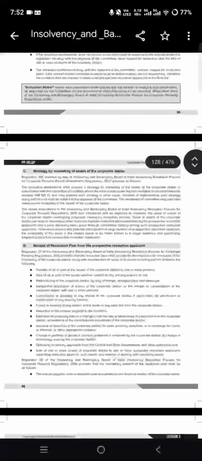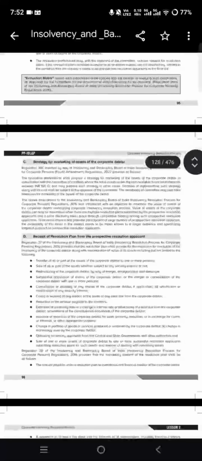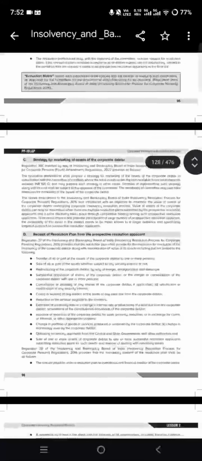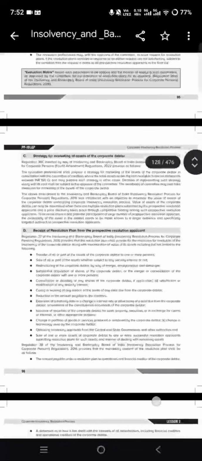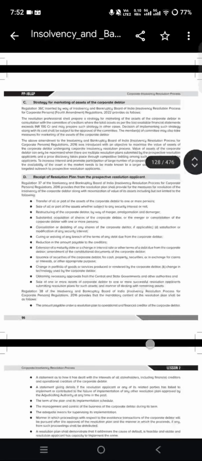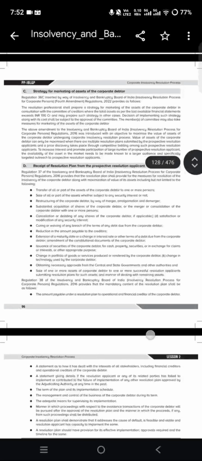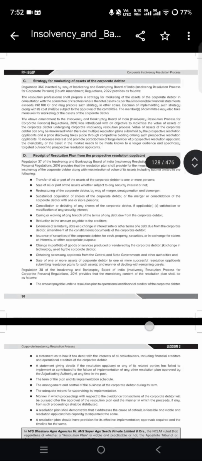Regulation 37 of the IBBI regulations provides that a resolution plan shall provide for the measures for the resolution of insolvency of the corporate debtor along with maximization of value of assets, including but not limited to the following: transfer of all or part of the assets, sale of all or part of the assets, restructuring of the corporate debtor by way of merger, amalgamation and demerger, substantial acquisition of shares of the corporate debtor or merger or consolidation of the corporate debtor, cancellation or delisting of any shares, curing or waiving of any breach of the terms, reduction in the amount payable to the creditors, extension of a maturity date or change in interest rate or other terms of a debt due from the corporate debtor,